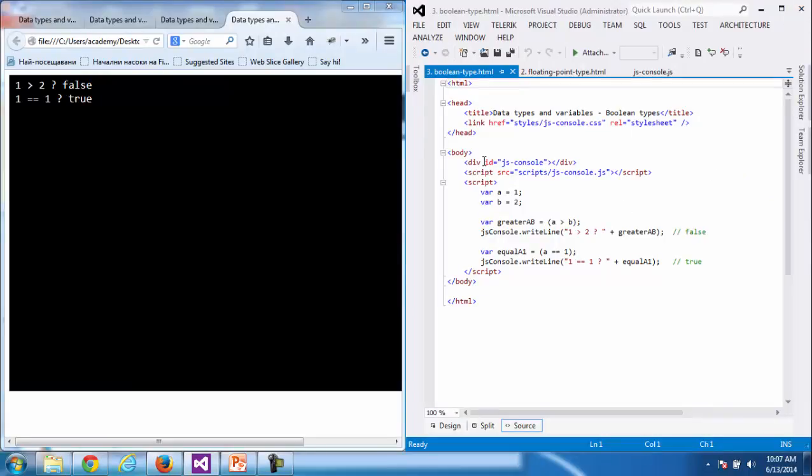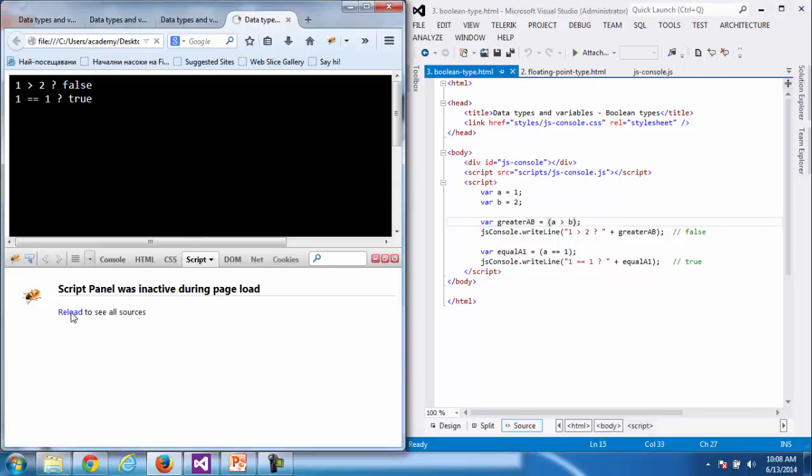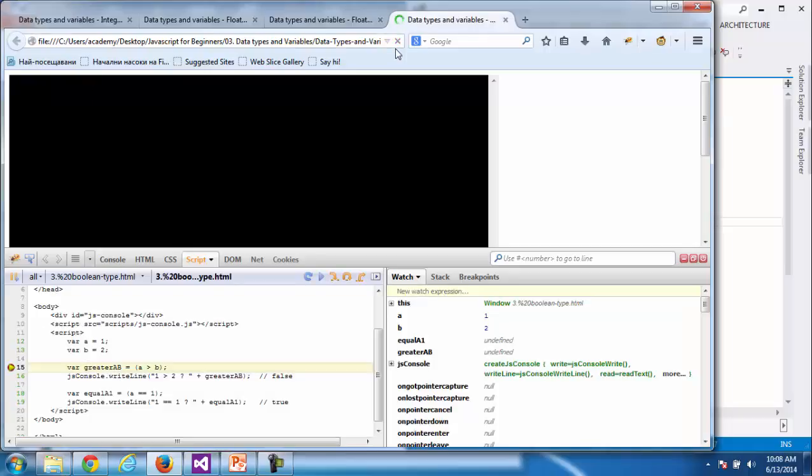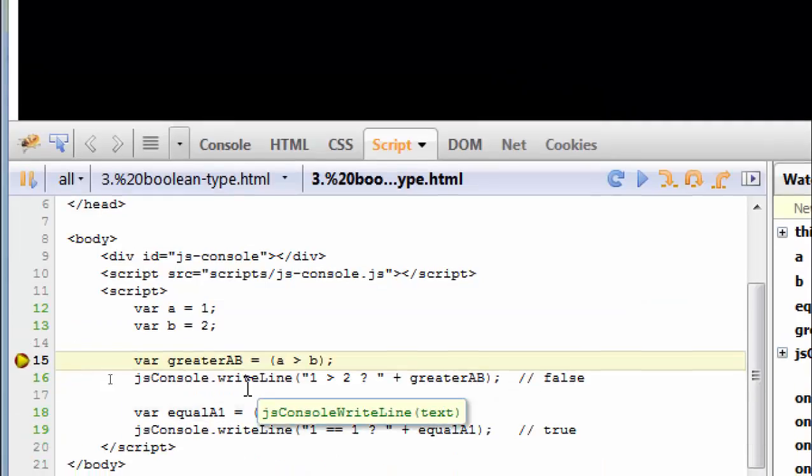Okay, so we're using the same console thingy that I showed earlier, just to write down the expressions instead of using the actual console of the debugger of Firefox. And again, here are two variables. Here's our condition. We could actually see how it runs here in Firebug. Maybe it will be useful for now, maybe not. So when we load, we get to our breakpoint, and right now we can see the value here is 1, the value here is 2, and the value of this expression,